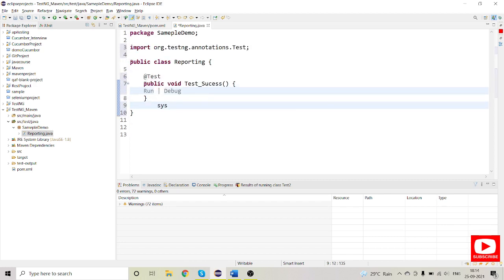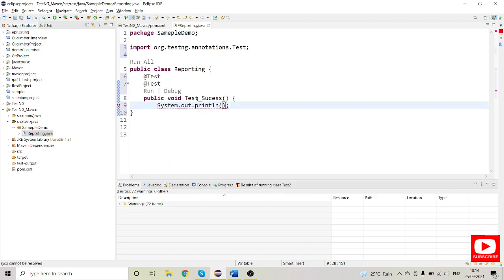In this I will be putting only a sysout saying this is my success scenario test. This is the message I want to see when my test case gets passed.